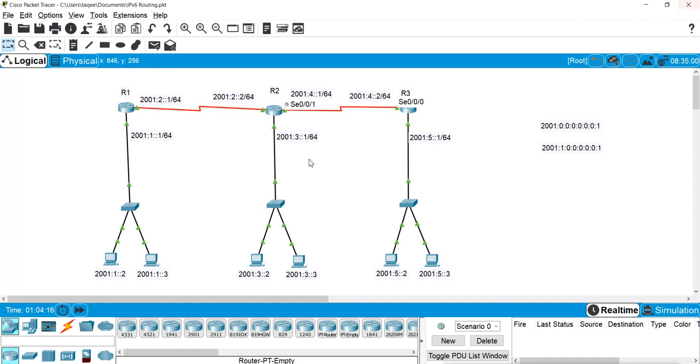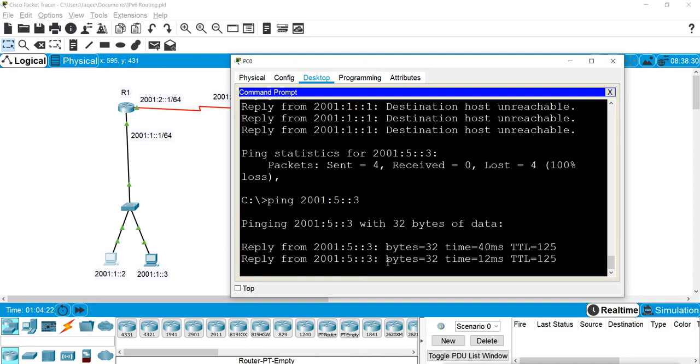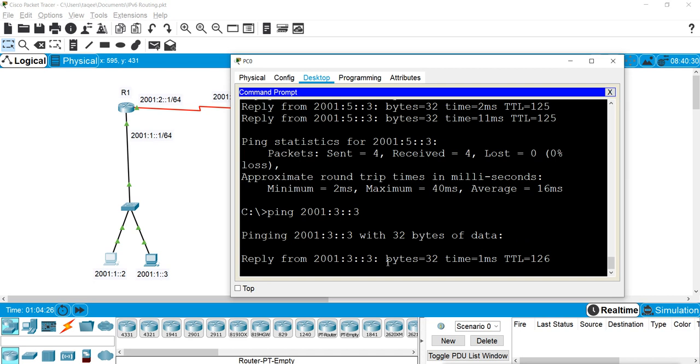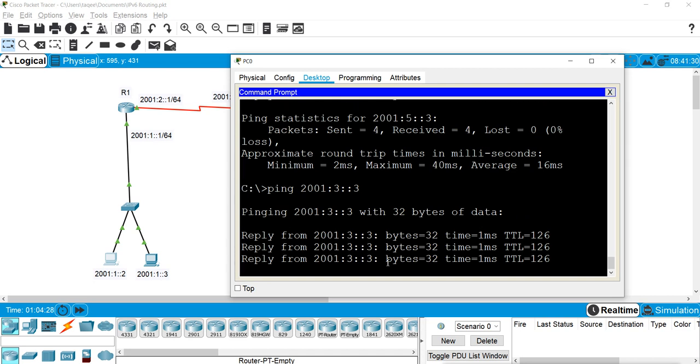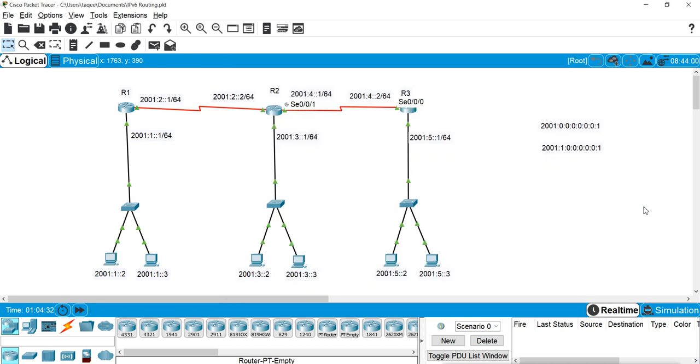And now when you try to ping again, it was saying destination unreachable earlier. Now again it is pinging. So this is configuring OSPF version 3 for IPv6.